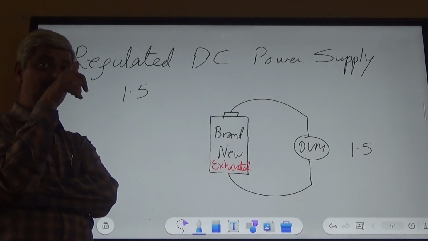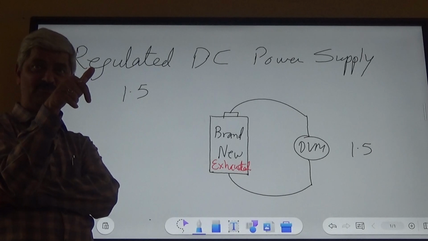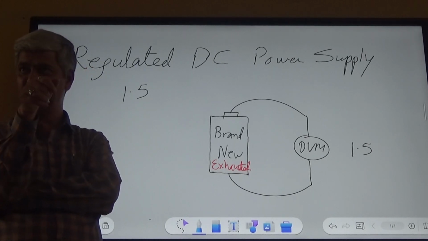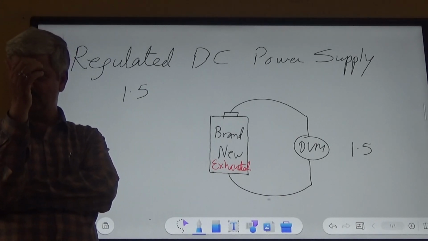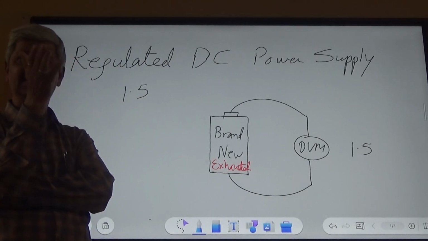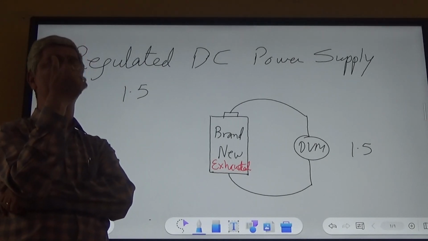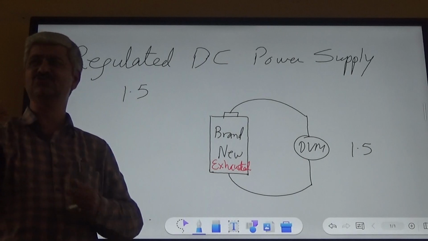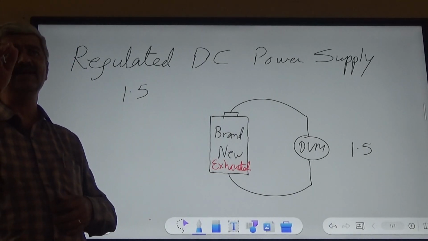Whether normal good cell voltage is 1.5, so with respect to that, how much is negligible? Is 1.5 negligible? How much should it be? As good as 0. So point